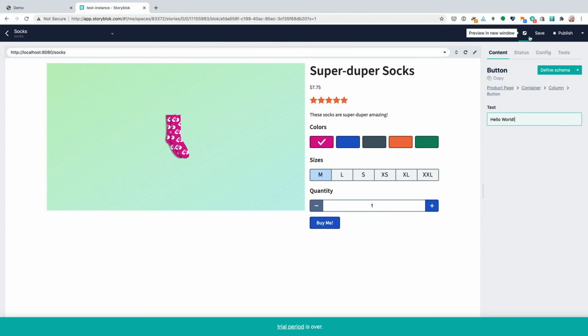Now, again, we have to save it before we see that take place, but now we've got a container and we've got a button inside of it. You can see the power here. Even if it is a little clunky and not quite as easy as the other systems promised, it does show us that we can take our web components and bring them into a CMS and have them become the main editing interface for that content management system. And I think that is a really powerful way of editing content.